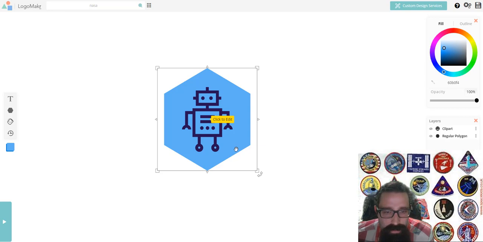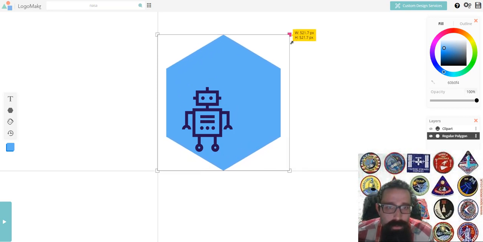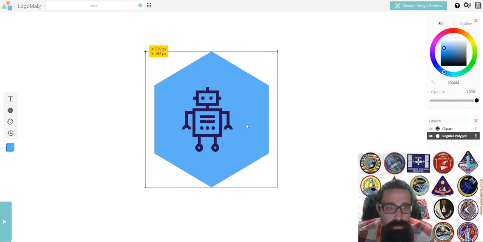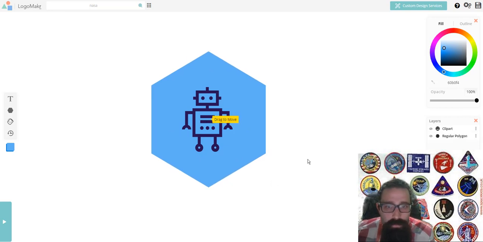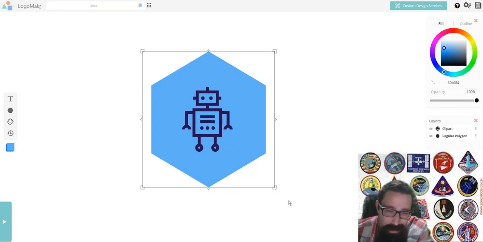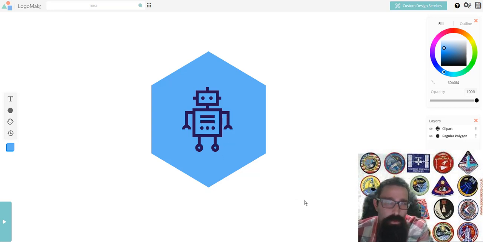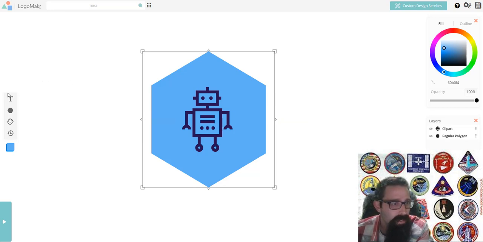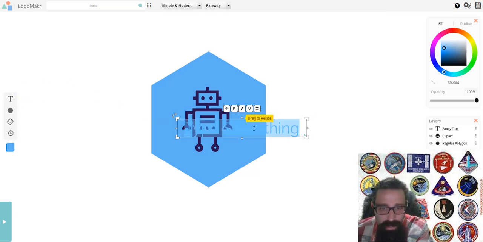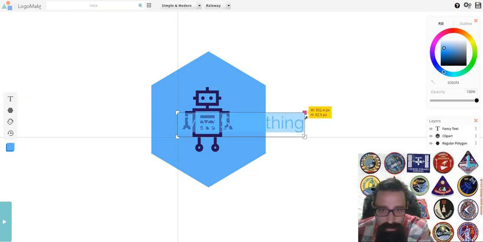Now the more I look at this, I'm thinking it's going to be hard to fit the words that I might want to put in, so I'm going to make this a little bit bigger. There we go. So now I have a patch that, I mean, robotics really relates to me, so I think I'm going to make this mission patch related to my name and the content that I'm building with online learning. So I'd like to add in text, and what I like about this is,